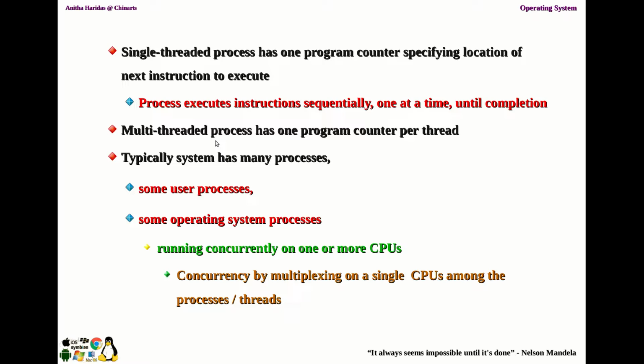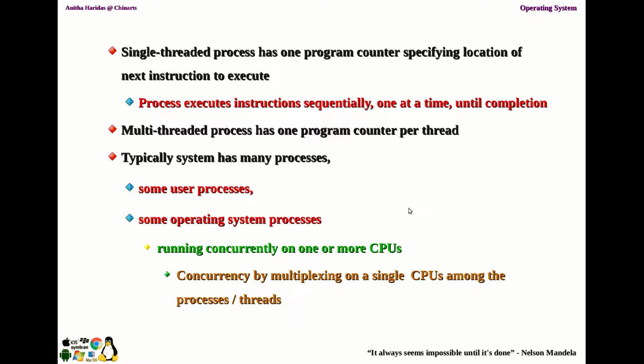So the process manager, or let me say the processor manager, will decide which thread is to be executed at what time, for which it will keep track of the address of these processes in a program counter. If it is single threaded, then there is only one program counter. If it is multi-threaded, more than one program counter will be there.